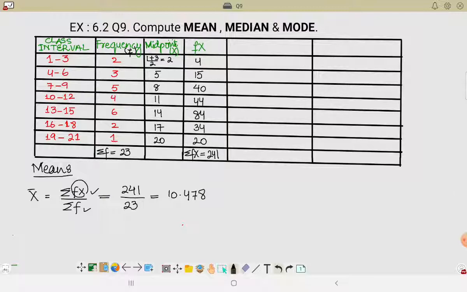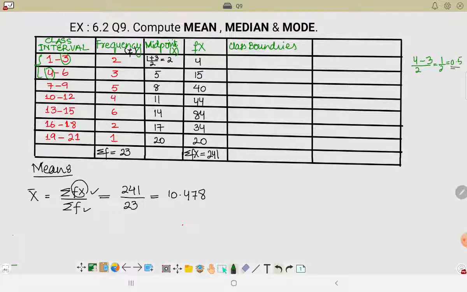Now for median and mode, we need 2 more columns, and which 2 columns are required? The next column is of the class boundaries. How you are going to find out the class boundaries. For that we need to learn first thing. हमारे पास we'll consider first 2 classes. So इसके अंदर आपके पास क्या है? Considering the lower class limit of the second class, ठीक है, and the upper class limit of the first class. So means 4 minus 3 divided by 2,